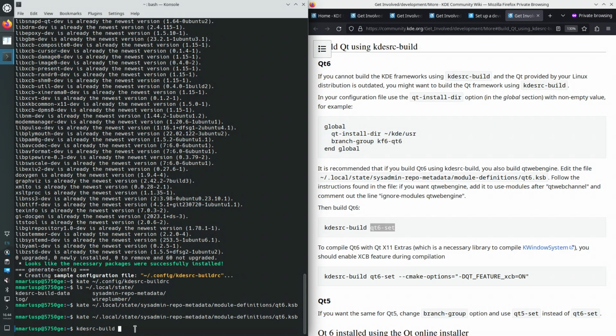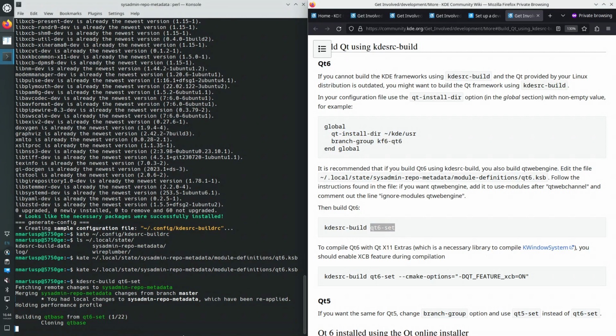Okay, so kdesrc-build and then qt6-set, middle click paste, and it starts building. It should take 45 minutes to an hour on my computer. It builds the modules in the order that you have seen there, Qt base, etc. In the middle of them, there's Qt WebEngine. So we'll be back once it finishes building all of the